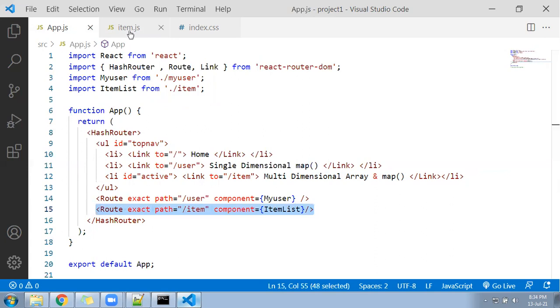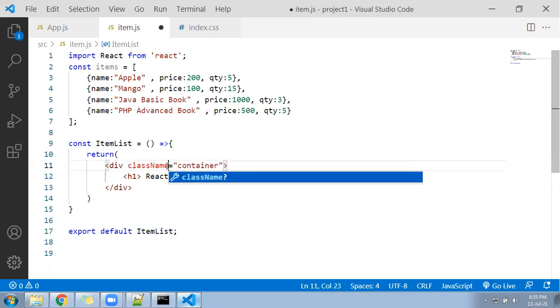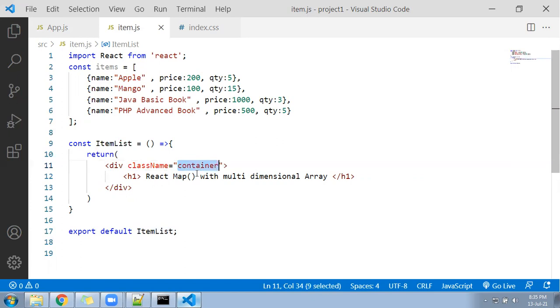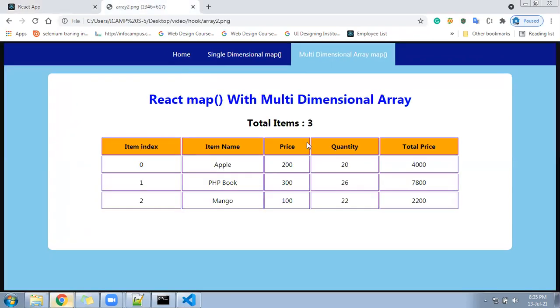Let me come to my item page, and I have a class. That class name is called container. I have created it in the CSS file. Since the background is blue color, the text should be a cross color, white color. Because of that, I have created a class called container. Now I'll show you what is happening. So this is the look. Our target is here. This is our target. There should be a page. Inside heading should be there. So heading is ready for us.